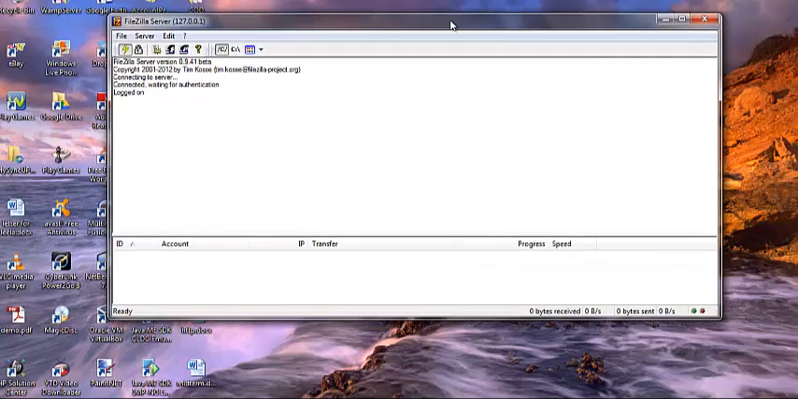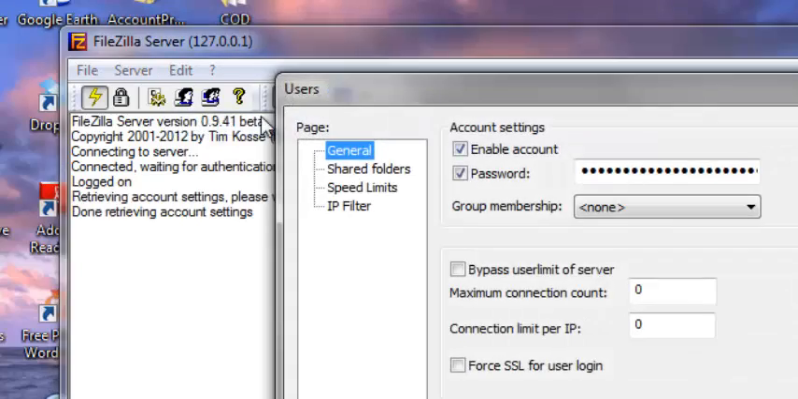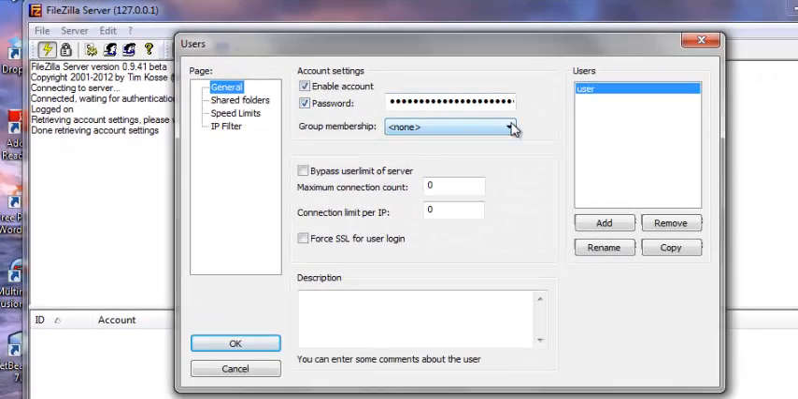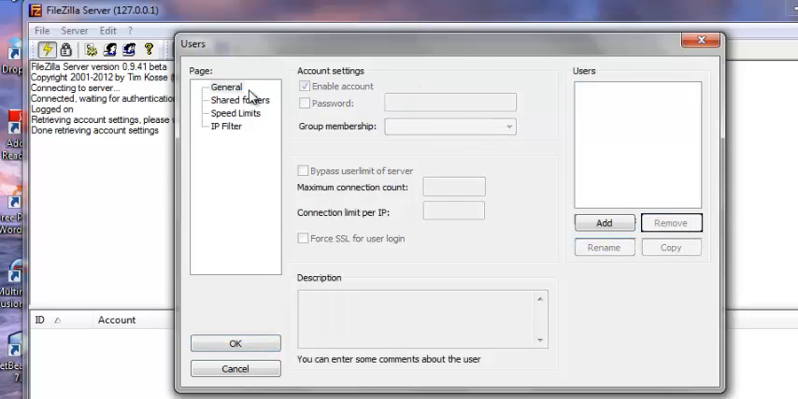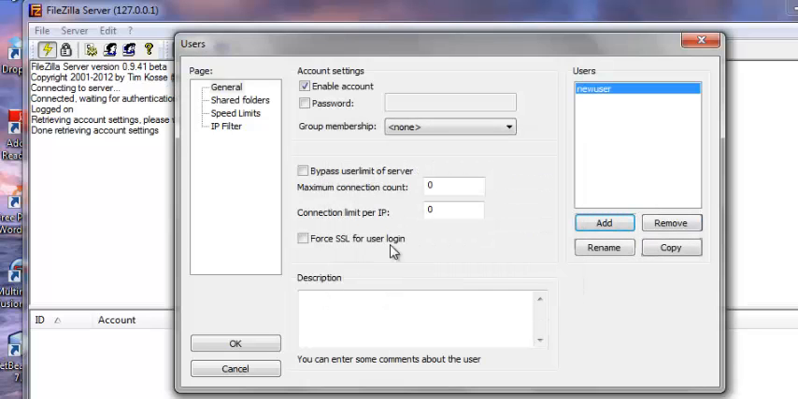and what I'm gonna do is click on edit users, and I want to add a new user, so I'll remove this one and add a user. So create a username and a password,